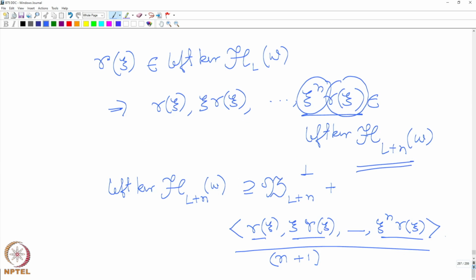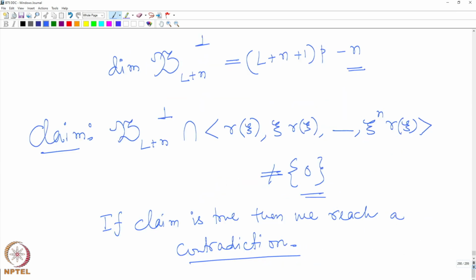So to make sure that the contradiction is achieved, we have to figure out a reason why this claim should be true. Yeah, it may sound a little confusing here. We are trying to prove that what we had assumed is not true. So in order to reach that contradiction, we need to figure out conditions under which this should be true. Okay, right. Now, when is the claim true? Let me just go ahead with this, and we'll see that things become clear.